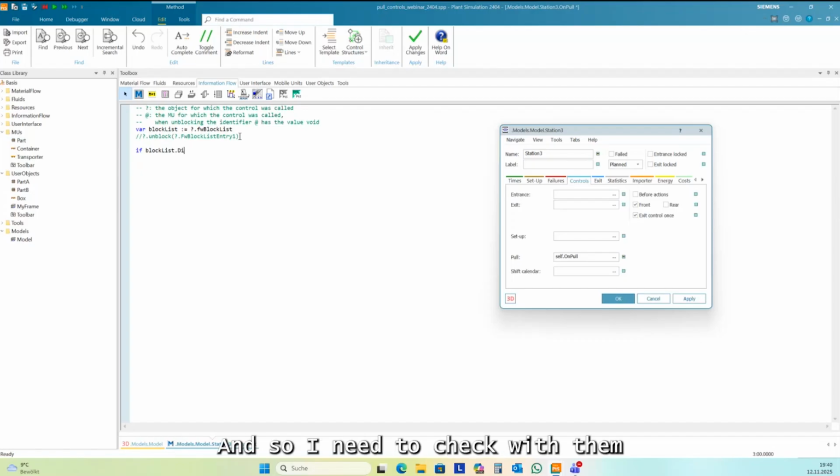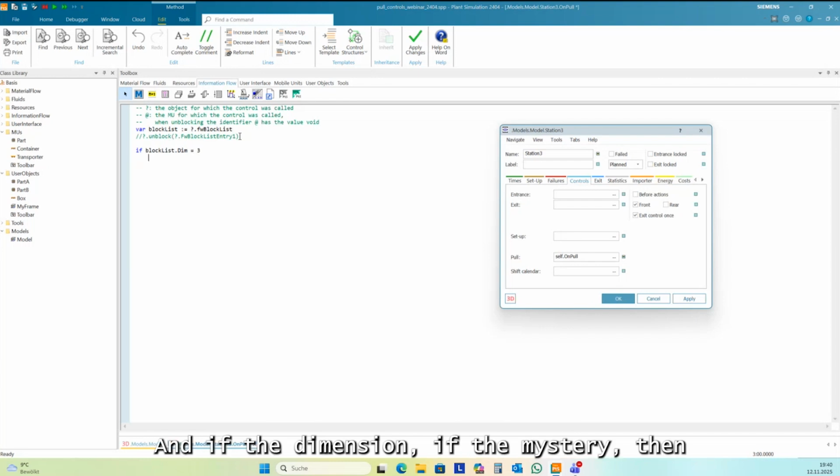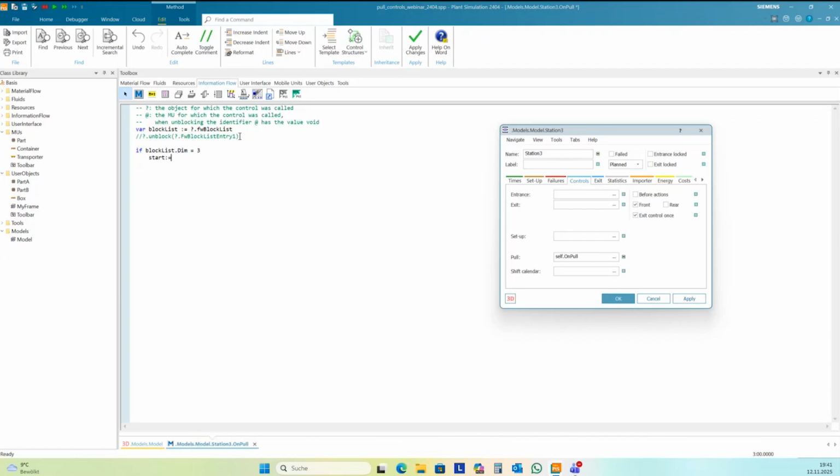And so I need to check with dim the number of parts inside the array. And if the dimension is 3, then I want to start the movement of the parts. And I need to set my quantity to 1.